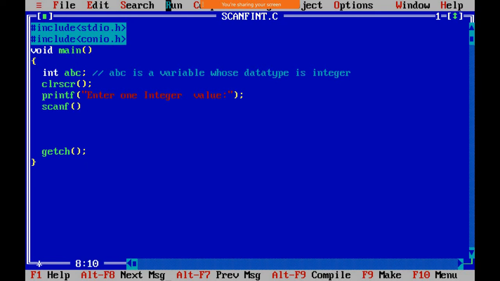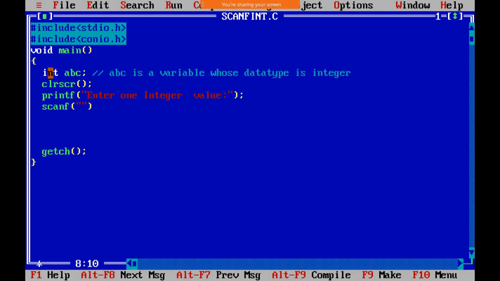Scanf is a different function. Inside that scanf, which value do we require? Which value do we need to accept from the user? So it will totally depend on the data type. उस वैल्यू आप एक्सेप्ट करने वाले, आपका डेटा टाइप कौन सा है? इंटीजर. कीवर्ड कौन सा है? int. That means we will accept only integer value. We cannot accept the fractional value or character value.